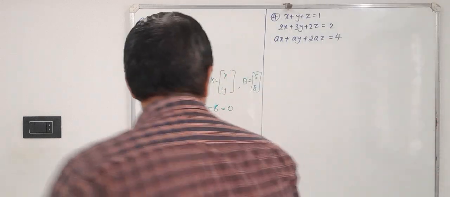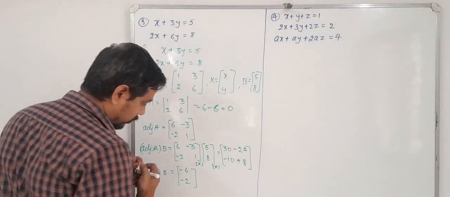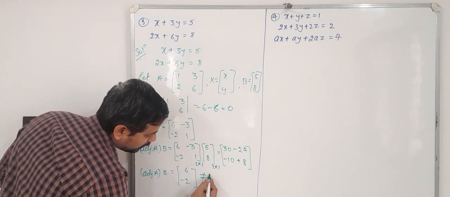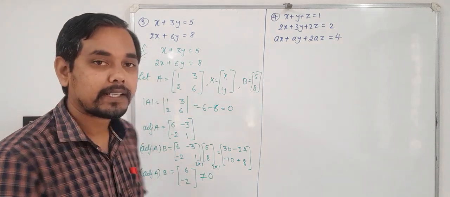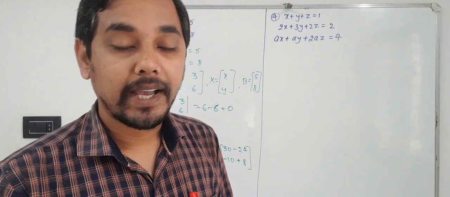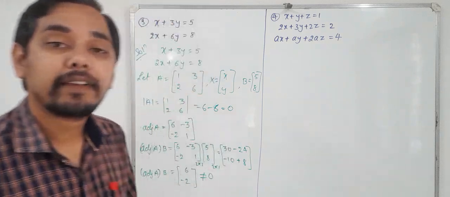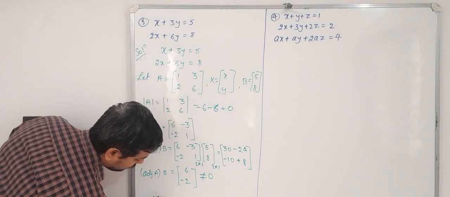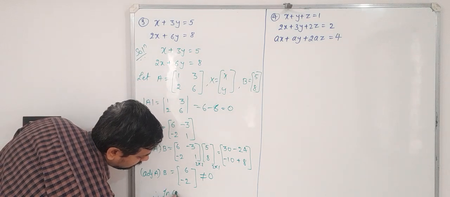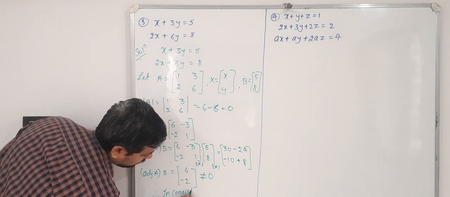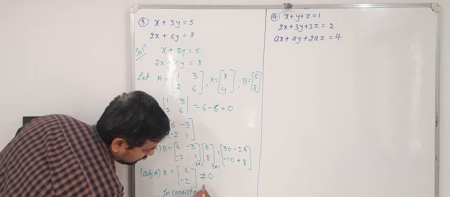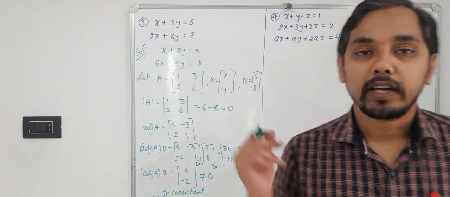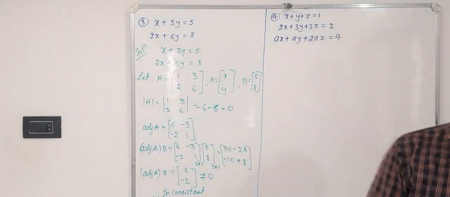Okay friends, this small mistake over here, this will be plus 6, right? This is not equal to 0. As I said, it is not equal to 0. So as it is not equal to 0, directly we can say it is inconsistent, right? So you can make a note of this, then we'll proceed to this one.